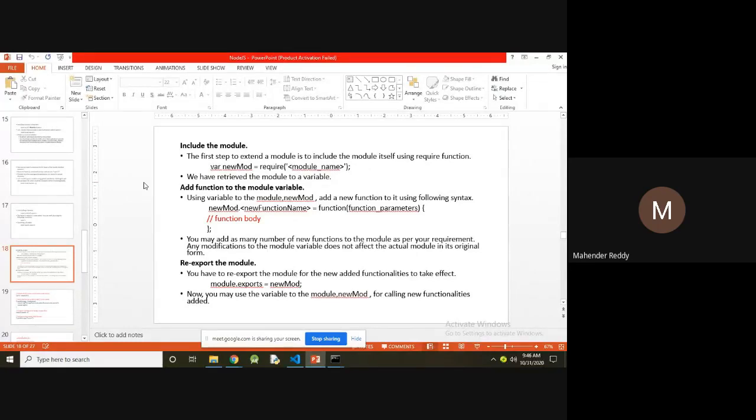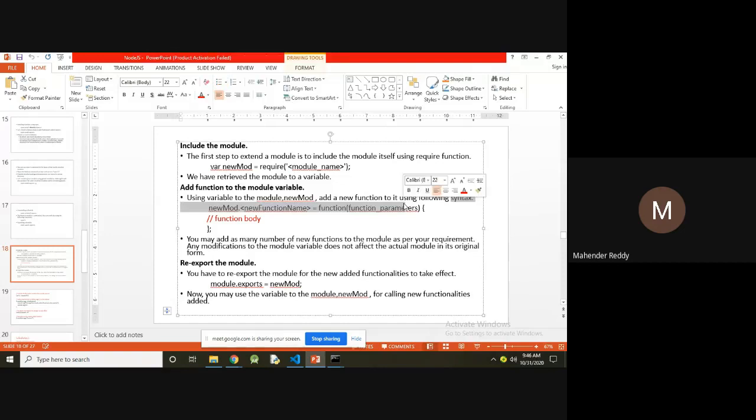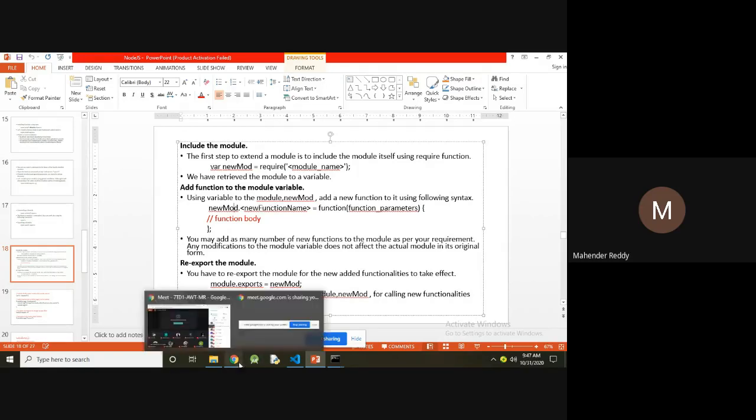Now, creation of a function in Node.js: add a function to the module variable using the following syntax: newmod.functionname. Whatever function you want to write, you specify the function name here.